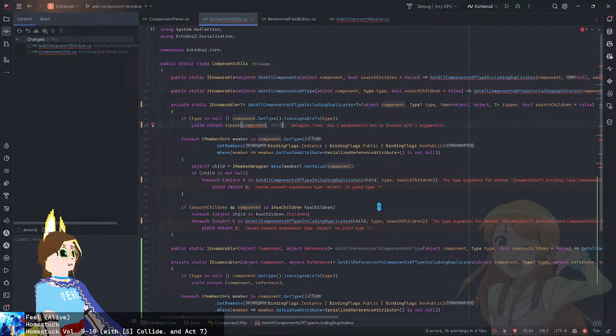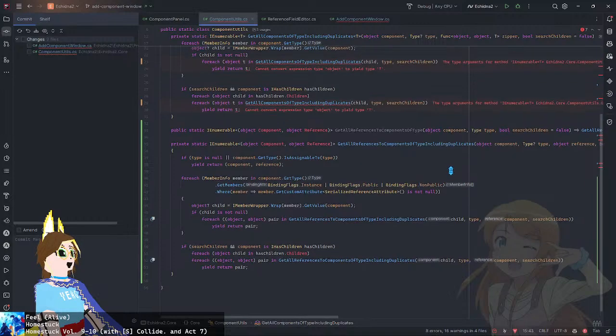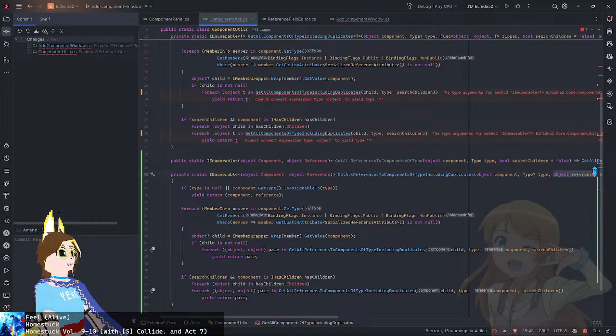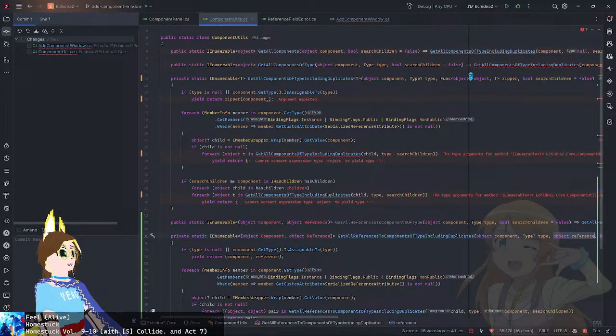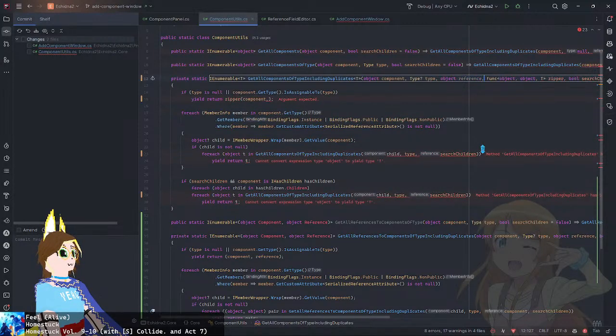This is not correct. Right, I also have to add in, sure. We pass in the component and the reference, and then